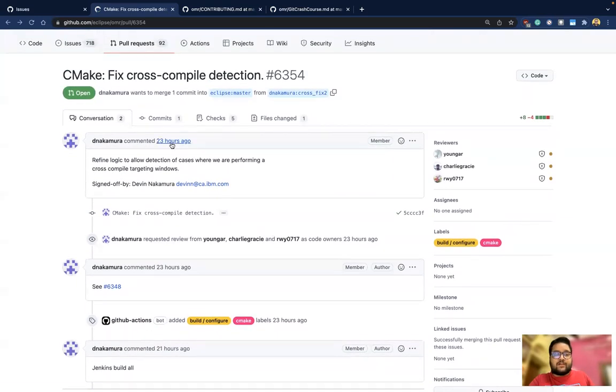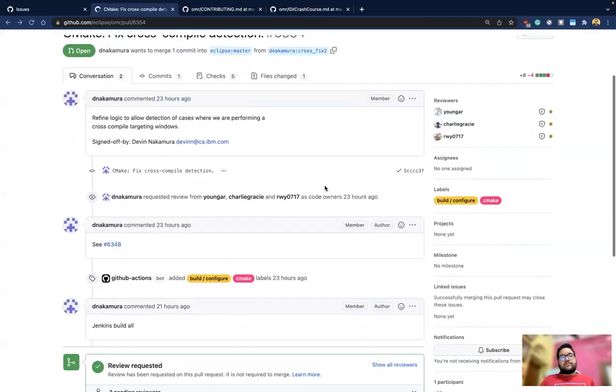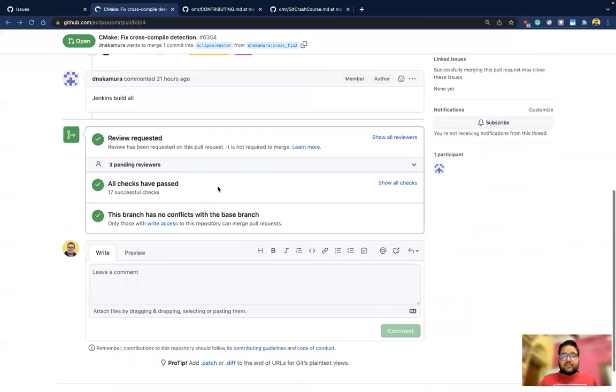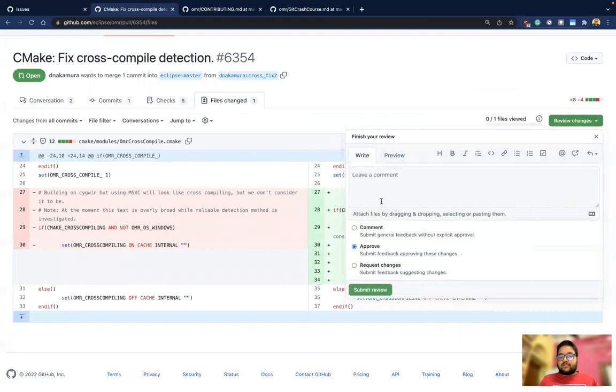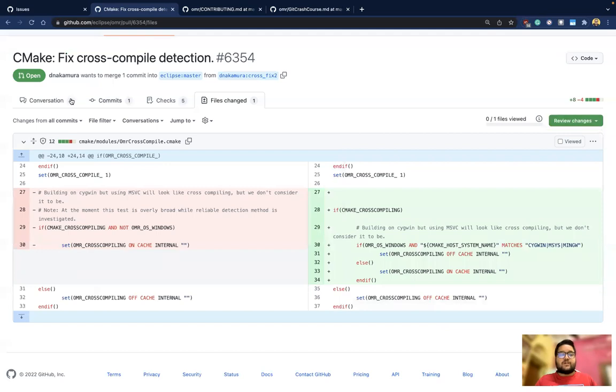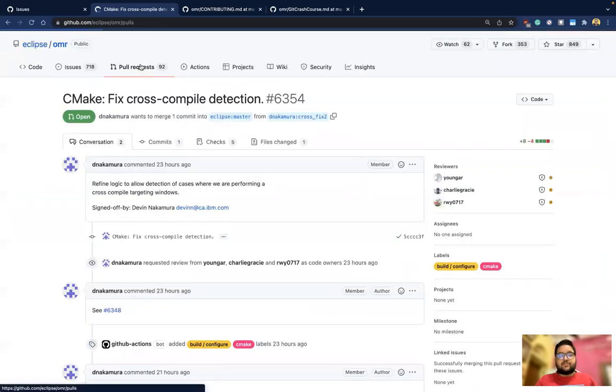It has been more than a day, about a day, since this pull request was raised, and it will eventually be reviewed by the maintainers of this project, and yes, they will be providing feedback to it. So once everything passes and people approve it, like LGTM, this shows that it is good to go,